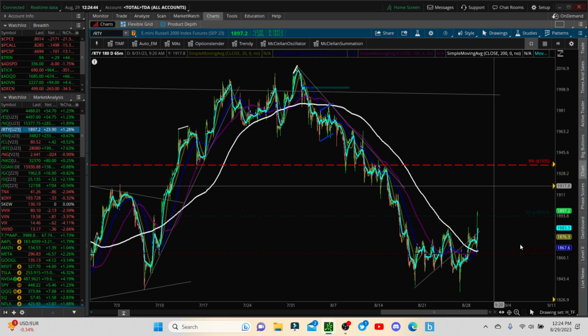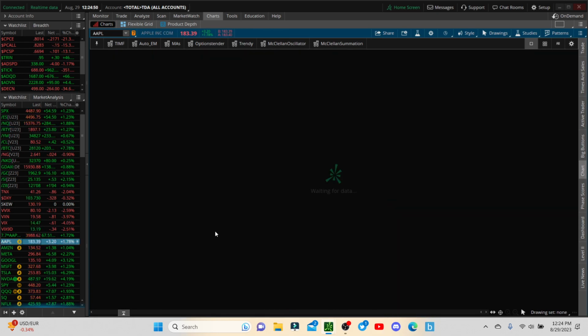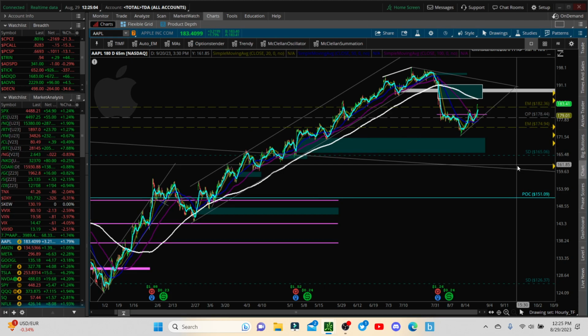Bitcoin, we were in Apple. Take a look at Apple. Okay, so Apple, we have our gap up here. This is an island gap. I do think we might test that. We already hit our 382 retracement. We're past the options expected move. Technically we have our 3-wave move up. So whenever we get that structure that we're done and we're going into resistance